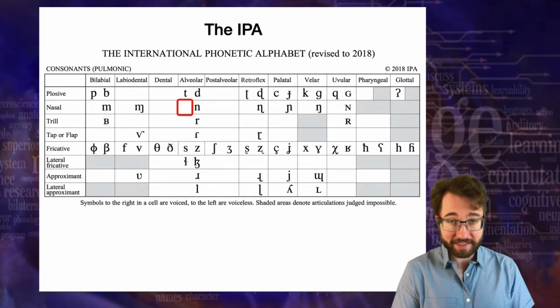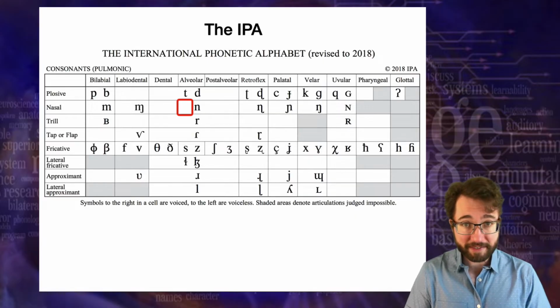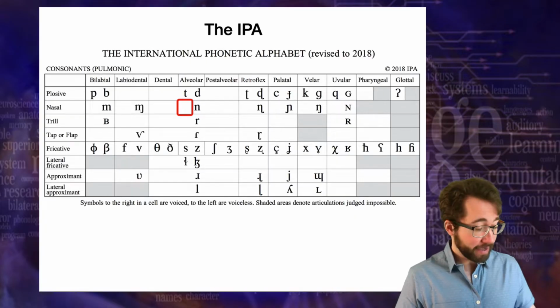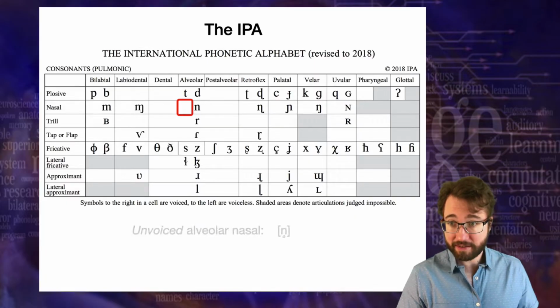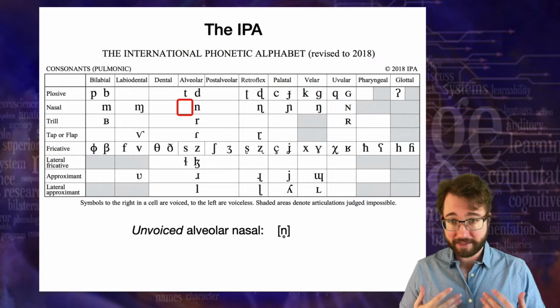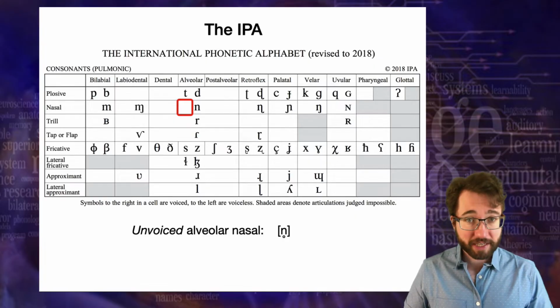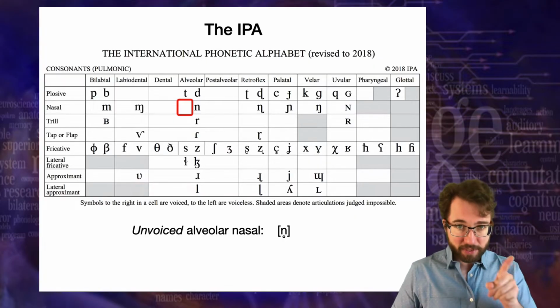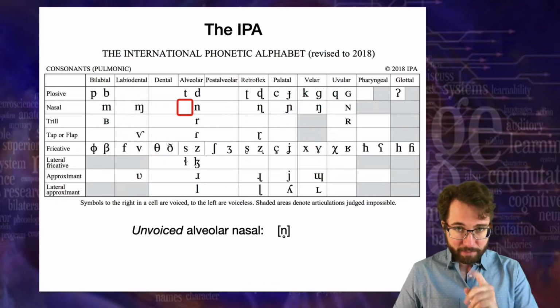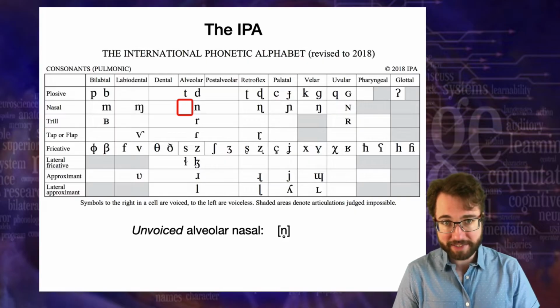This is a consonant that does exist in some languages. For example, the Burmese language does have this sound na, an unvoiced alveolar nasal. And if we wanted to give a symbol to this, we can do it this way. So in the International Phonetic Alphabet, in addition to having these symbols, you also have these little marks, which are called diacritics, which you can apply to the symbols to modify them. In this case, putting the little circle under the N,